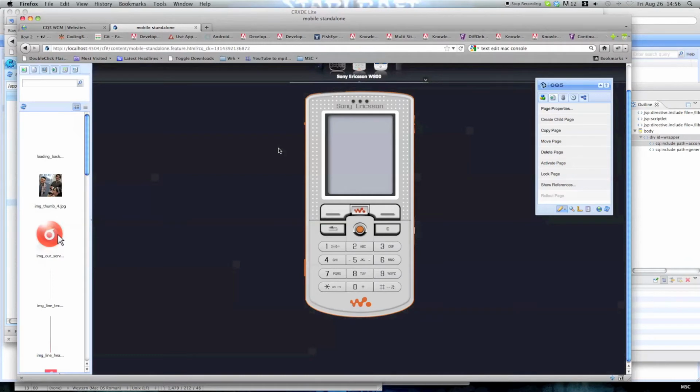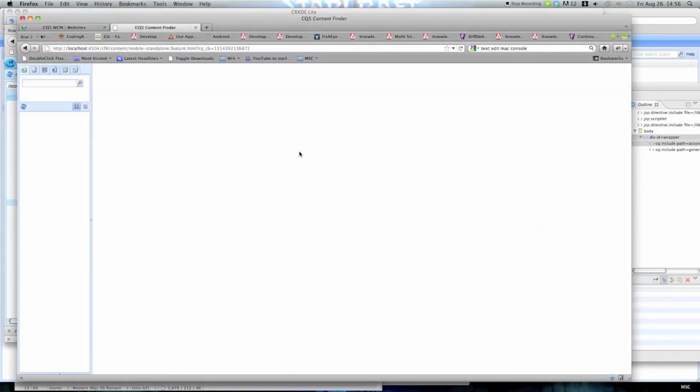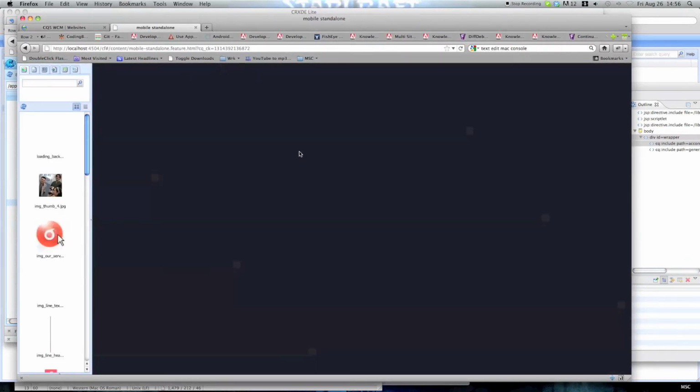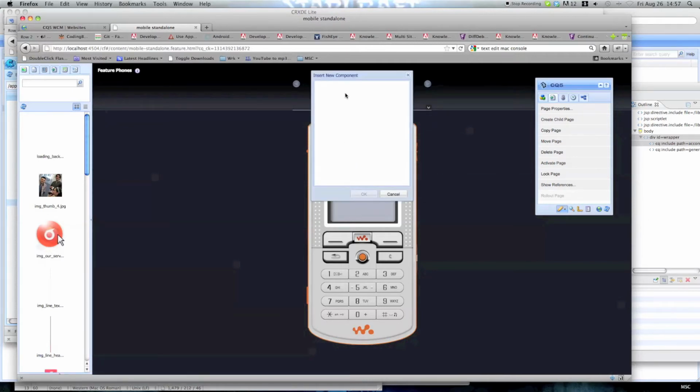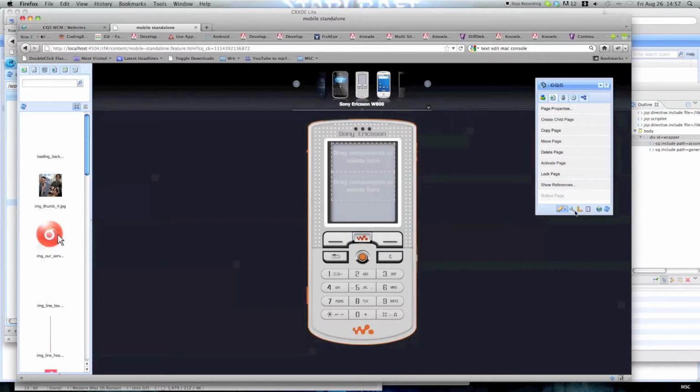Now we're going to refresh the page. And you'll notice how now the parsers components will actually be displayed within the phone. And there you go. Both parsers components are now inside the phone. We can actually start editing them. In order to include content here, we have to edit the parsers component to accept components, since we cannot insert any right now. So we go into the design mode,